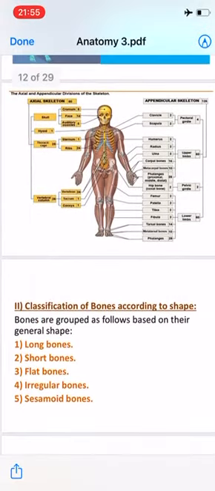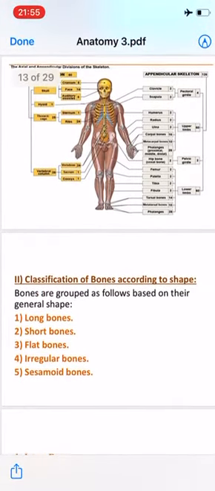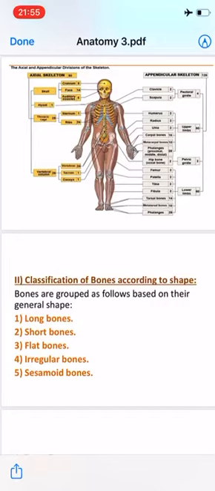And also we have another picture showing the whole bones, the combination between axial skeleton and appendicular skeleton to form the skeleton. When the axial skeleton joins the appendicular skeleton, they form all the bones found in